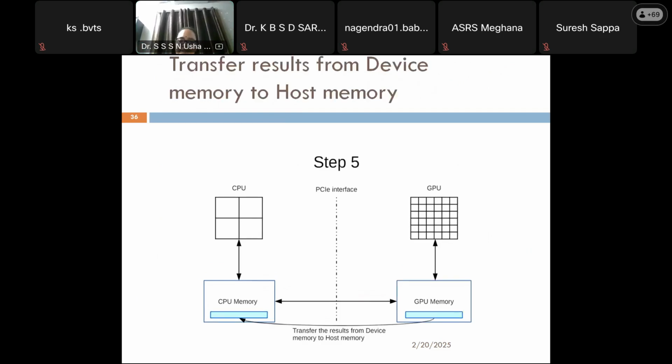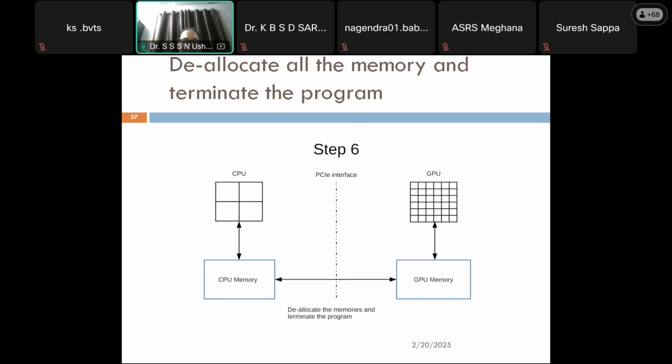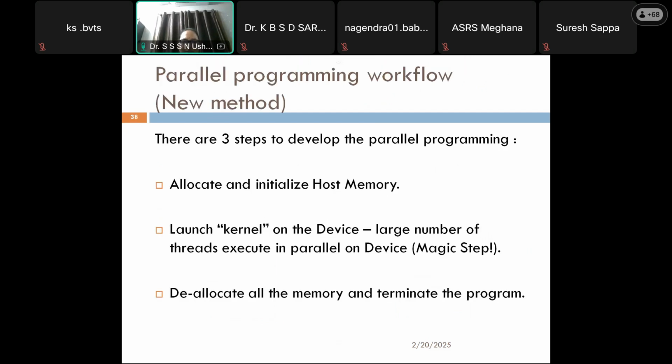We'll see how it is going to be done in the next example. Once the GPU performs the computation, it is going to return the result to the CPU memory. Now deallocate the memories which are not required. Once the computation is done and displayed, deallocate. The GPU is not meant to hold anything. Its duty is to do the computation and return the result. Once the result is returned, there is no need to store any data here. So it's a very simple process.